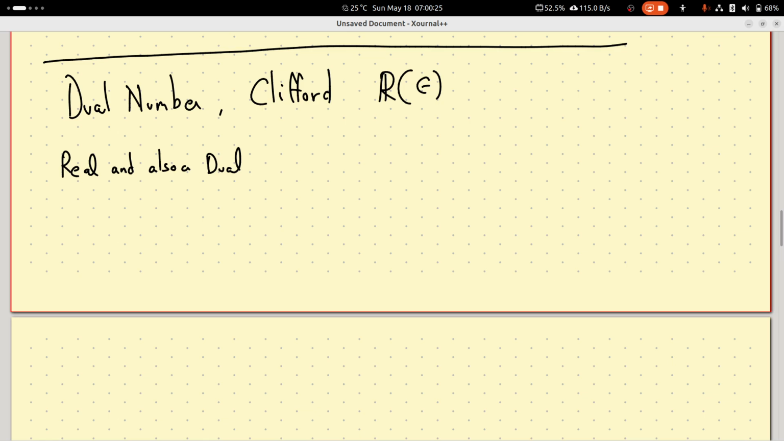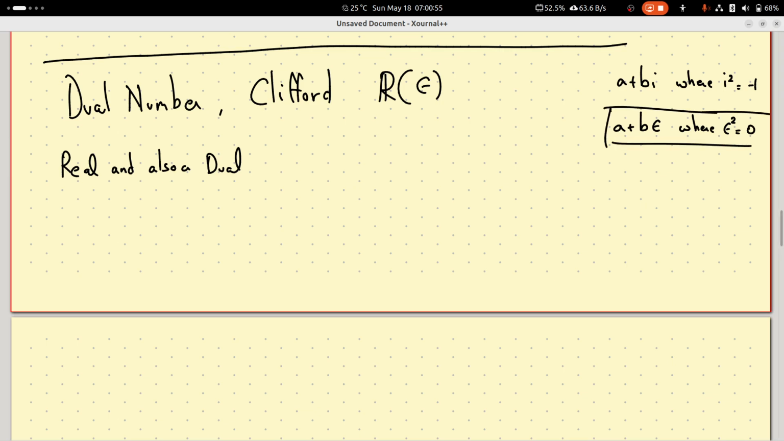The definition is that, just like imaginary numbers are written as a plus bi, where i squared is defined as -1, here you have a plus b epsilon, where epsilon squared is defined as 0. That's all. This is the definition, and do with it everything that you can, is the whole idea of dual numbers. I'm not going to go into the math of all this,